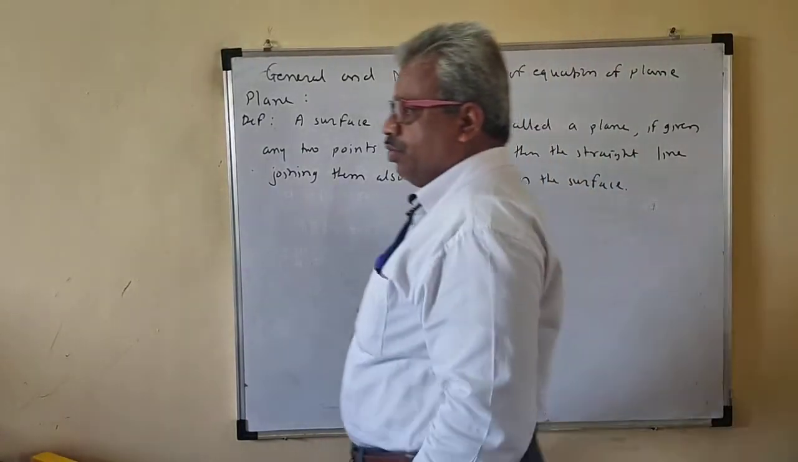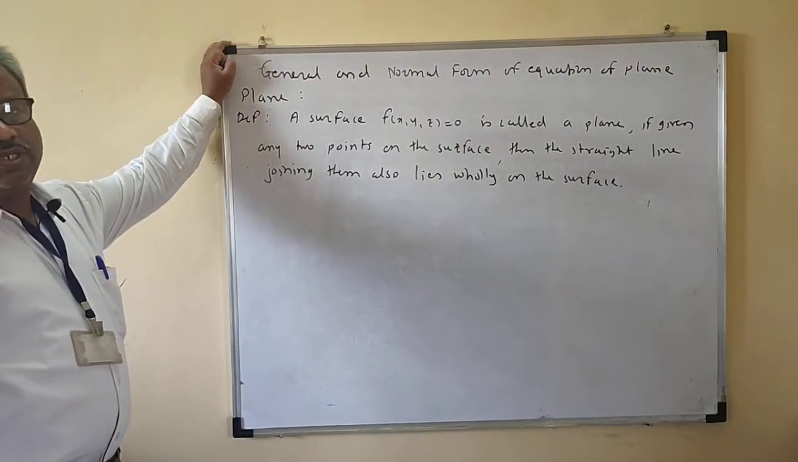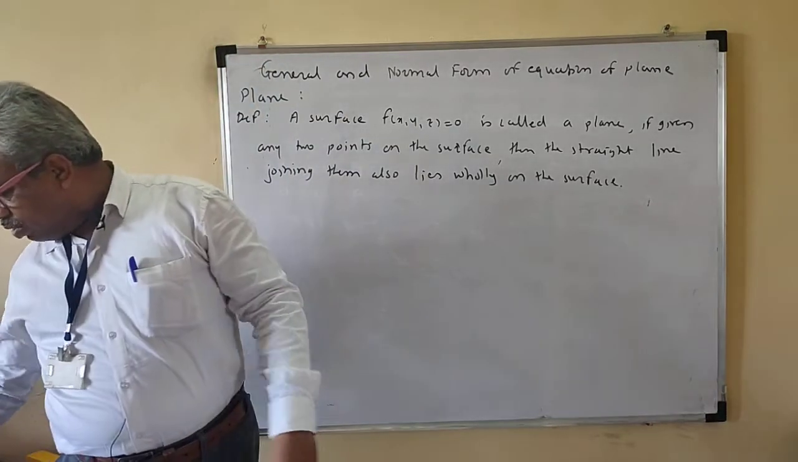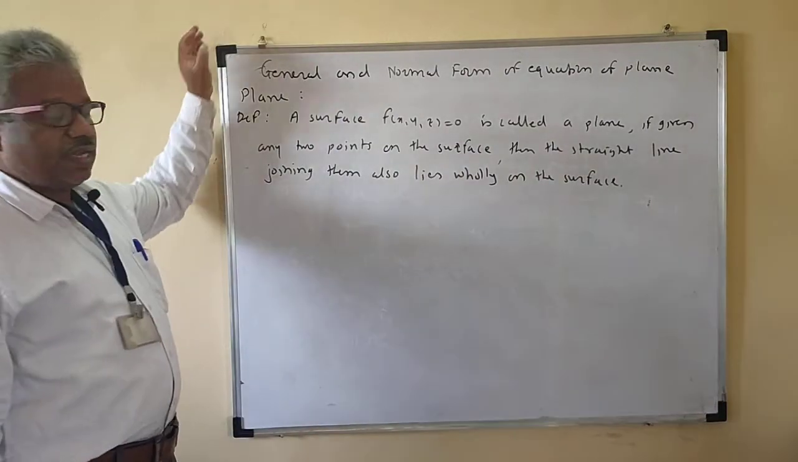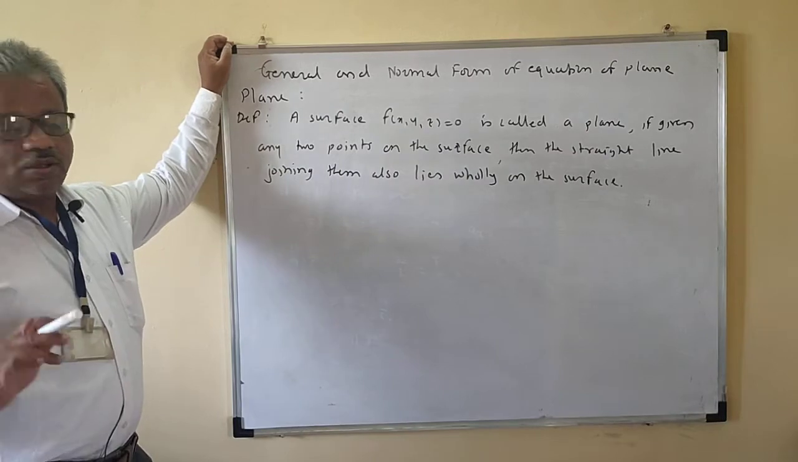So now we'll see the general and normal form of the equation of the plane. Before that, we'll see what is meant by a plane. A plane is nothing but a surface. A surface f of x, y, z is called a plane